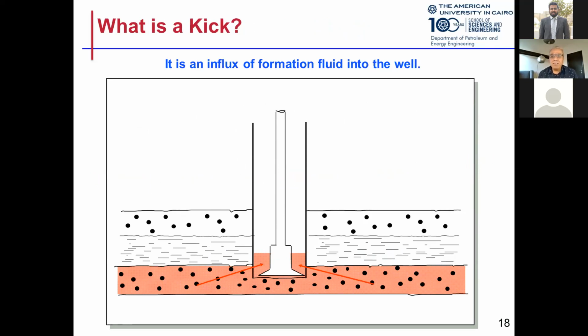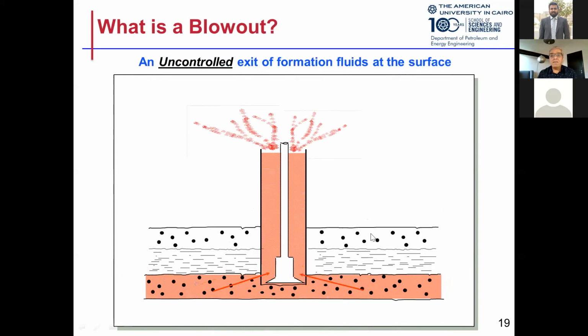If the kick is large, then the kick might be carried up to the surface as a blowout. So if the pressure is so high and we lose control over the drilling fluid, then this will take the rig away. If there is a source of fire, of course, if the fire triangle is complete